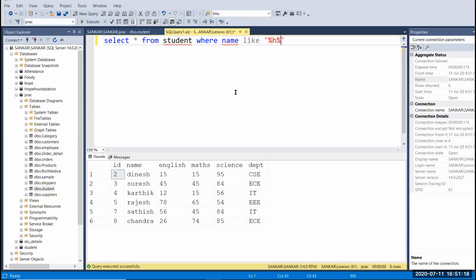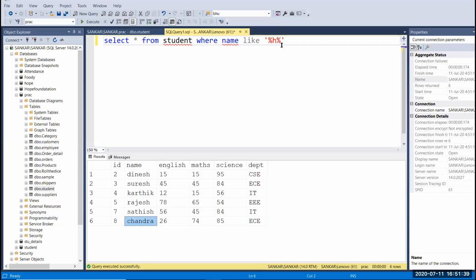Now you can see that in the first 2 rows we have H at the end. Here we have H in the middle, and here H at the end, and here we have H in the middle and end, and here we have H in the first position.